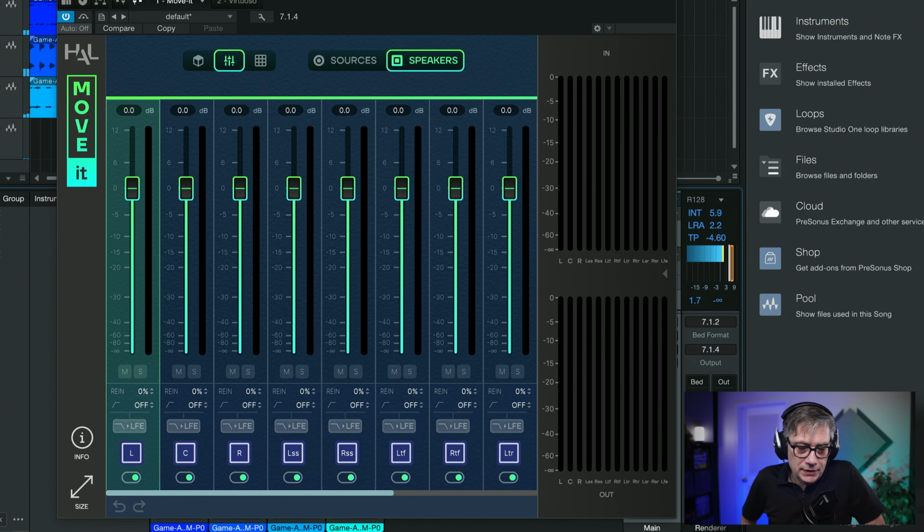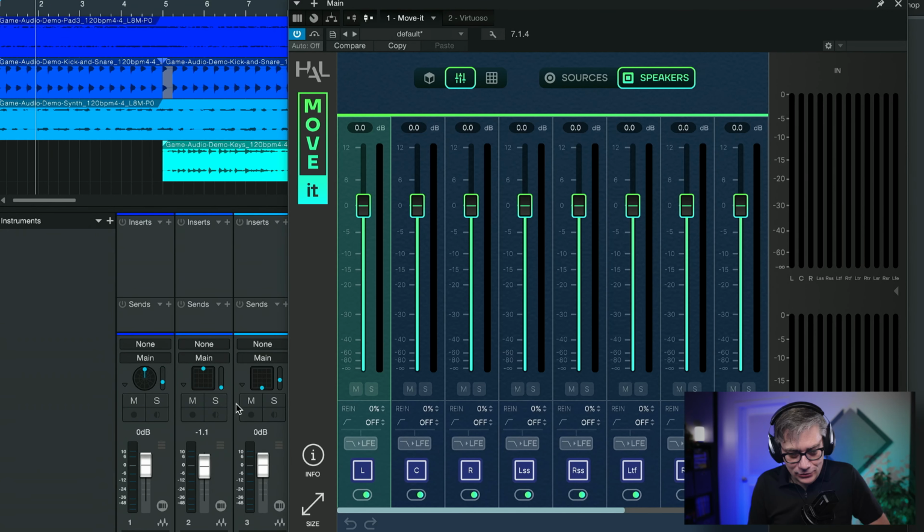On the speaker side of this mixer, there is one feature that I find particularly interesting, and that is this re-injection here. What that does is it treats the source almost like an object in Dolby Atmos, and reroutes some of the information that goes into that source channel through the neighboring channels. You could think of it as almost like using that individual channel as a source object that is then played in that room and distributed accordingly to the appropriate speaker. So what do I mean by that? Let me just solo the kick. I think that's the kick. So let's just see what we have here.